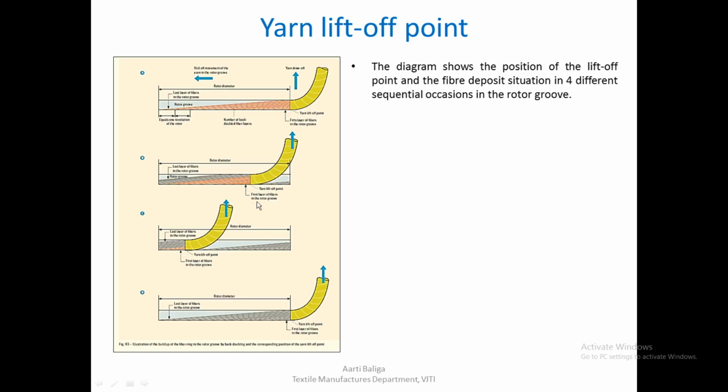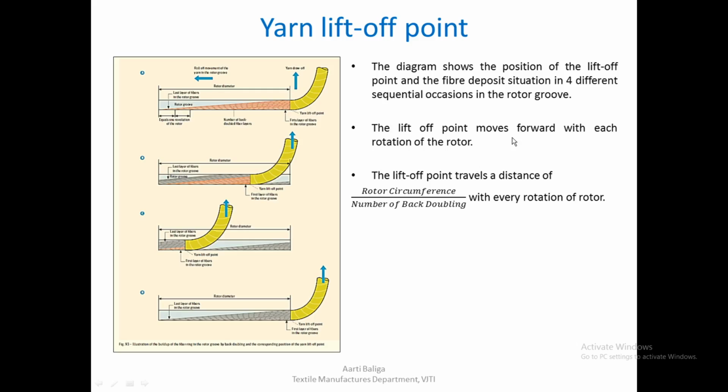have even started getting deposited behind this particular yarn lift off point. So then you come to the next diagram where you see the lift off point has further moved on towards the left, and you can see another layer of fiber has been deposited. So now it is slowly reaching the thickness of the yarn that we want, and behind it again another layer which was there has become slightly larger in size, and you can see again it comes back to its original position after some time. So this is how the lift off point keeps moving. The lift off point moves forward with each rotation of the rotor. So each rotation makes the lift off point move further into the rotor groove, and it is continuously happening.